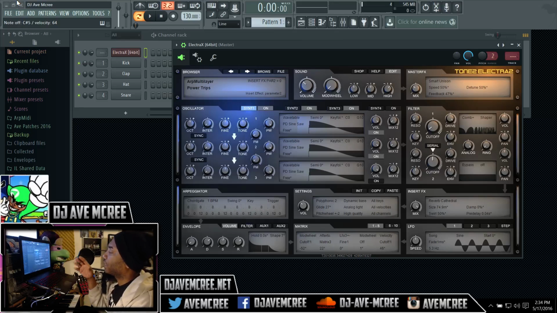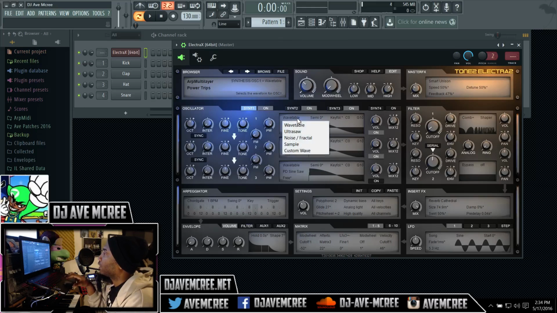So in particular, let's talk about the interface itself before we go through all the VSTs. The first thing you'll notice is that you'll see a synth 1, synth 2, synth 3, synth 4. These are layers. And each one of these layers can control 3 oscillators that you have right here, which